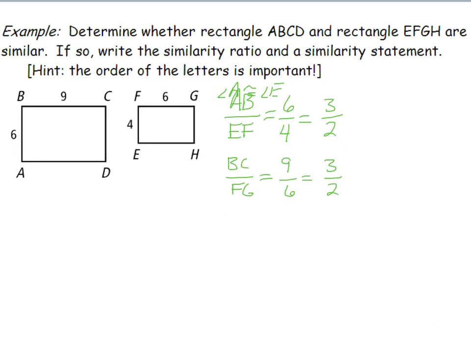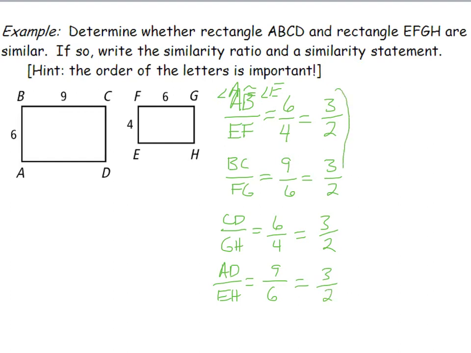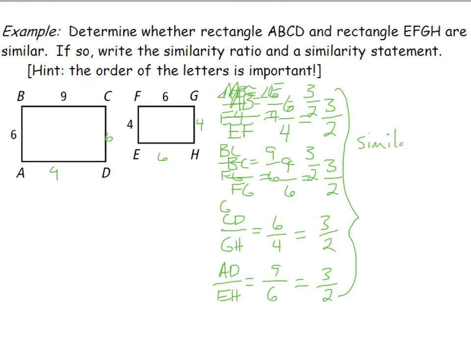You can continue to do this if you would like, CD to GH, and we know that CD should be 6 and GH should be 4 because they are rectangles, opposite sides are congruent. That'll reduce down to 3 halves, and if you would like to, you can finish it up and say that AD and EH are the ratio. EH we say is 6 and AD is 9, and reducing that down I still get 3 halves. Since you ended up getting 3 halves for all of our ratios, we know that the similarity ratio is going to be 3 halves,